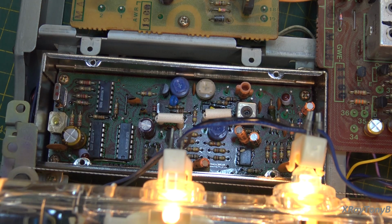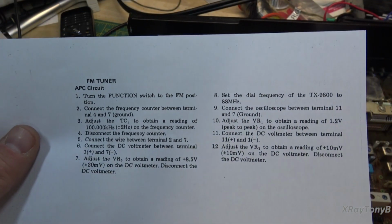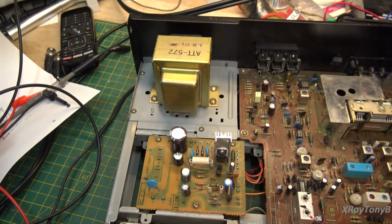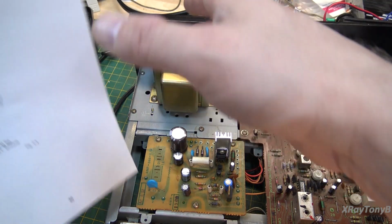So just to give you an idea, this is all there is to the adjustment. And here's all the little test points and adjusters. You would think this would be a simple process, but it took me almost an hour to get it to come in how I was happy with it. It looks to be working okay now, and we're ready to move on to the actual FM tracking, which normally is only a couple of steps, but once again on this tuner,